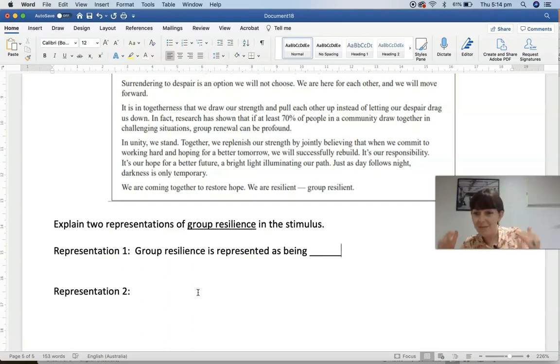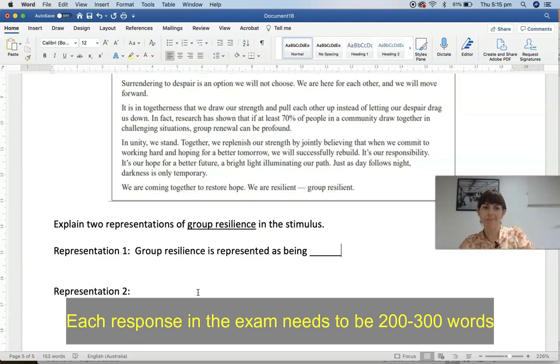Group, I mean, at the bare minimum, you could actually pass by saying group resilience is represented as being good. The idea would pass, but I think ultimately you probably wouldn't actually, because you wouldn't have enough words. We can't just sound like robots and saying group resilience is good. We must articulate and explain. So let's try. Group resilience is represented as being,